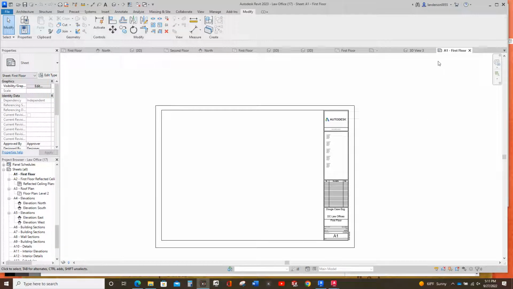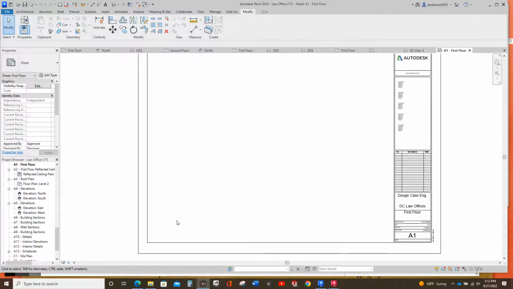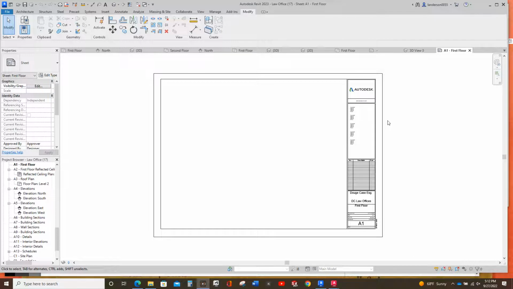Hey students, for chapter 15, I believe it is, for the CAD-216, where you make your own title block, I'm going to show you how to adapt this one. This is what's in your assignment already, but we're going to make a new one, and we're basically going to make it look like